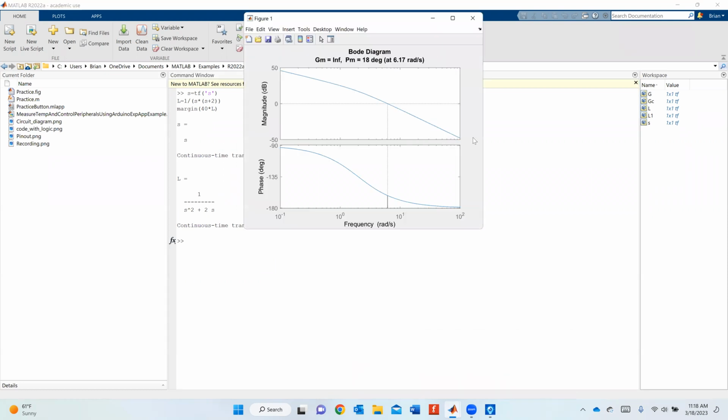So here we know what our gain margin and our phase margin are equal to. What we see is that our phase margin must be greater than or equal to 45. So right now we're not above 45. What we see from the plot is that our gain margin is equal to infinity, but our phase margin is equal to 18 degrees at omega equal to 6.17 radians per second. Okay, so what we're going to have to do now, going back to our design,